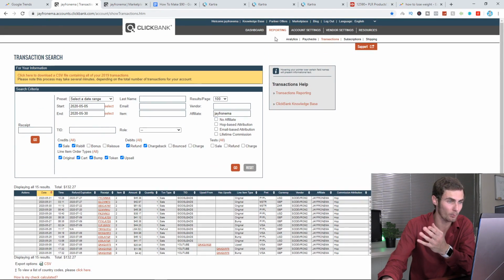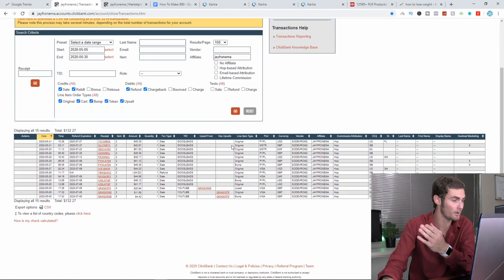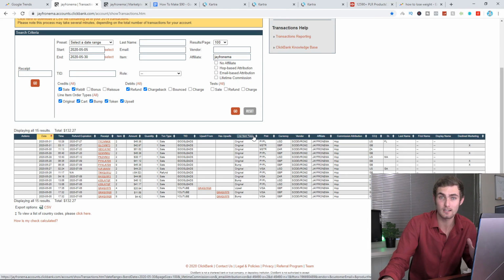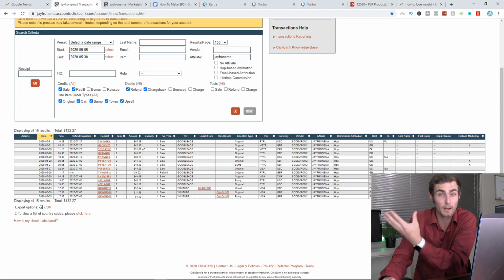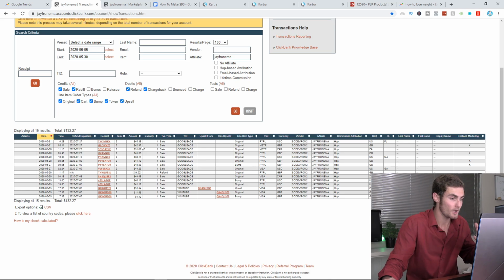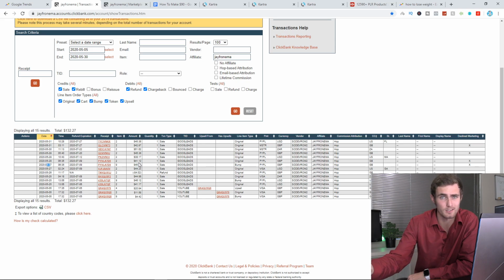So I've come over to my reporting tab, on my transactions tab, just to show you where each and every detailed sale is coming from. You'll see right here, today being the 31st, I've hit 2 sales today of $45 and $42.97. But not all of that is profit. On this total $80, $90 I've made today, I've spent about $20 to $30. So you can see throughout this campaign, 1 sale yesterday, 2 sales on the 29th, 1 on the 28th, 27th. So it's been about $40 to $80 a day.